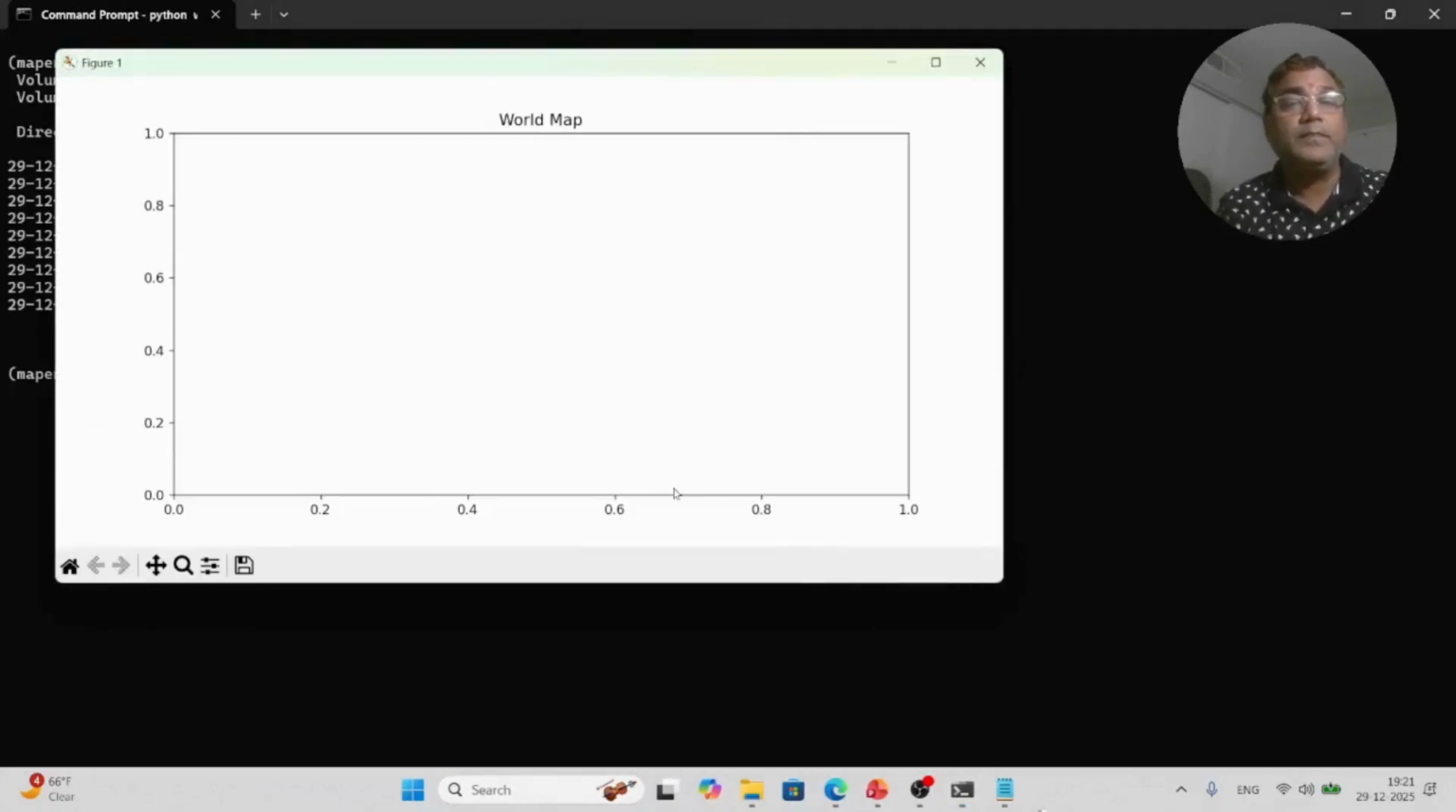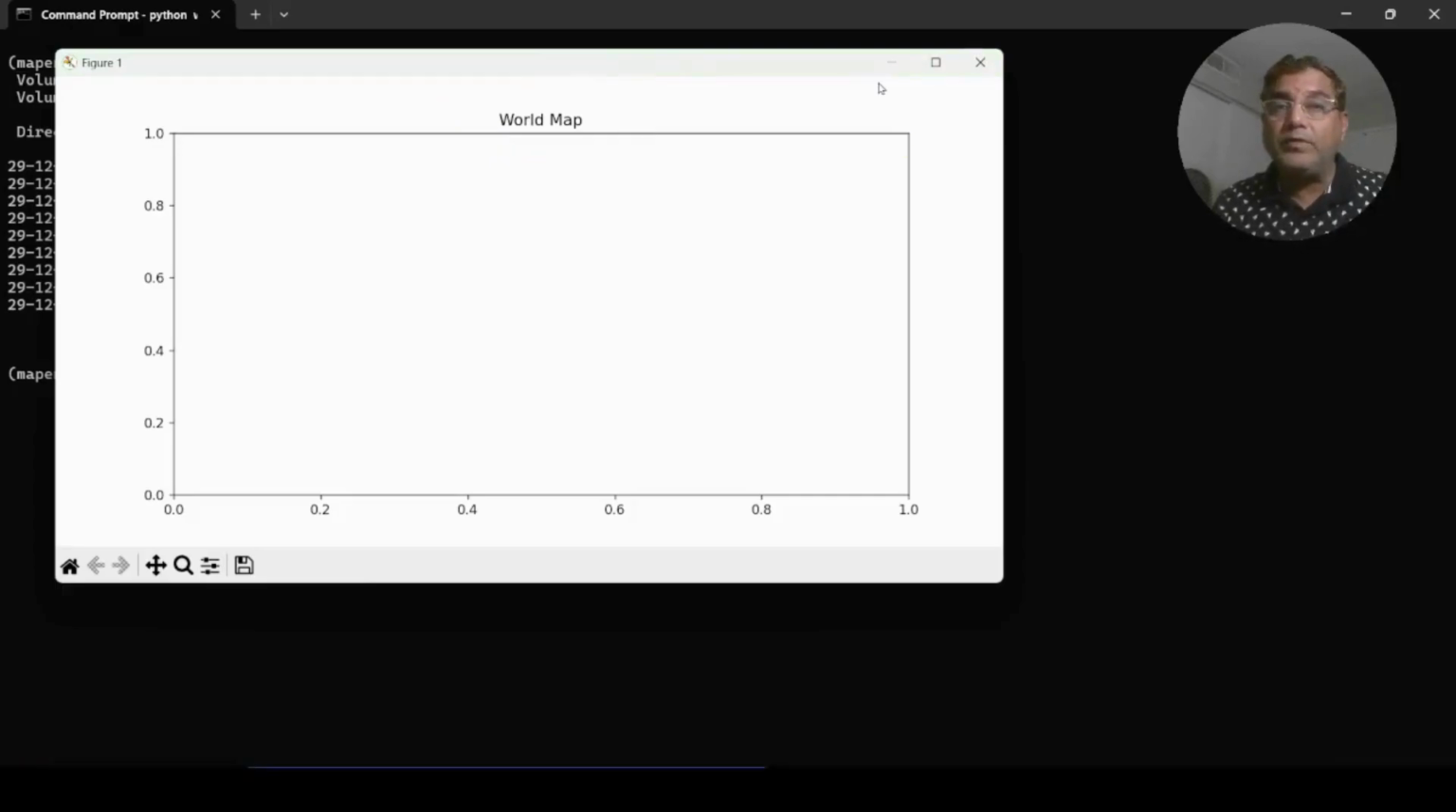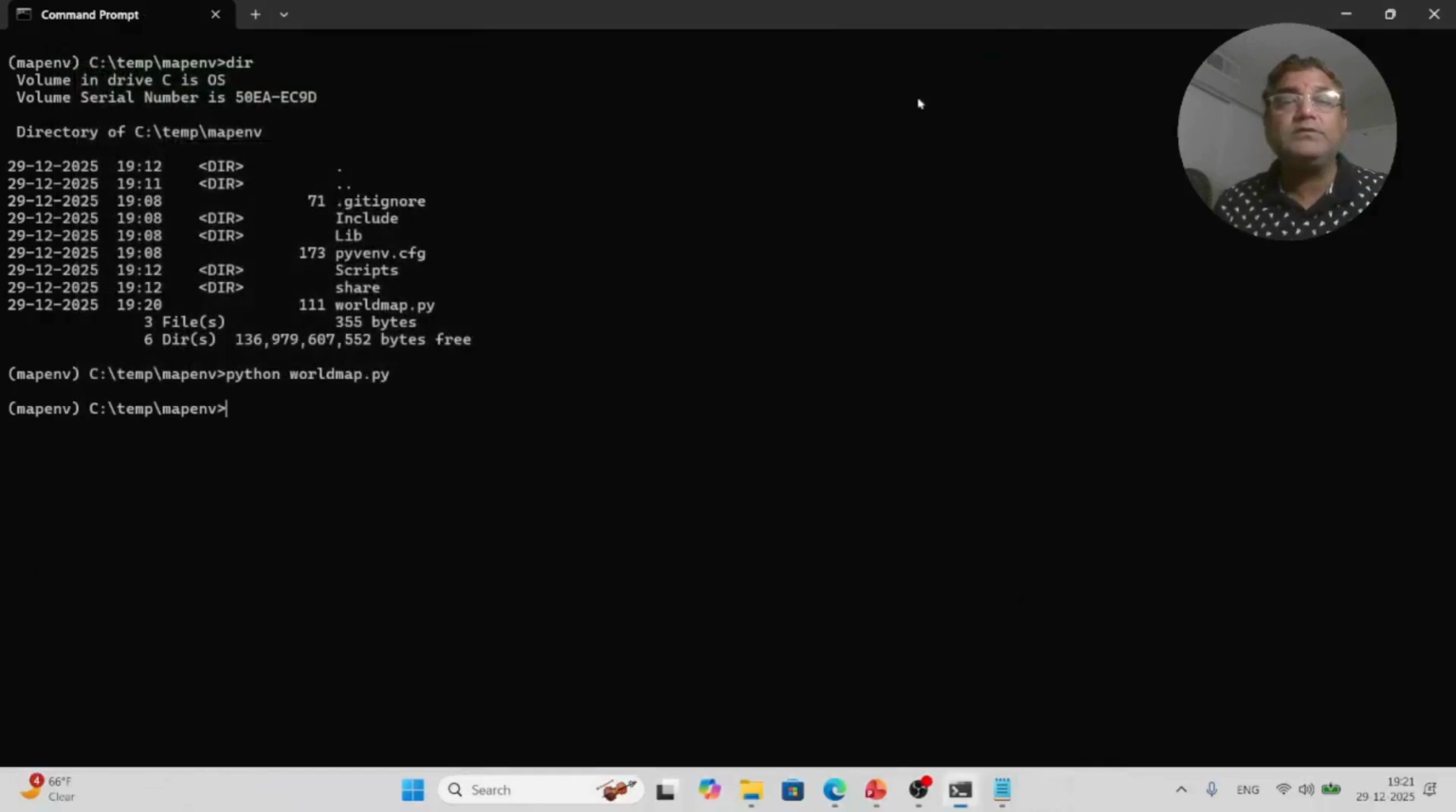worldmap.py. Okay, good. So now you can see I got a figure with that 10 by 5 size, and then the title is world map, all those things, right? So now we solved one problem here. What is that one problem? Because